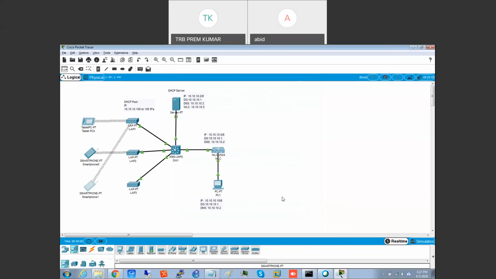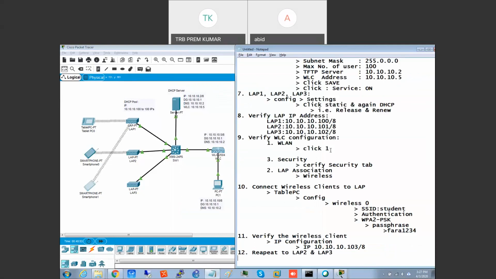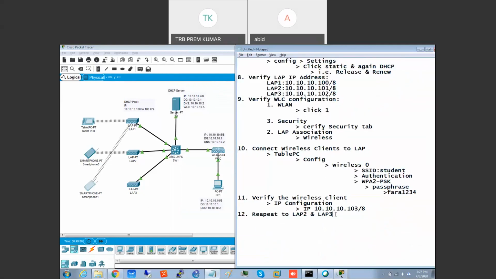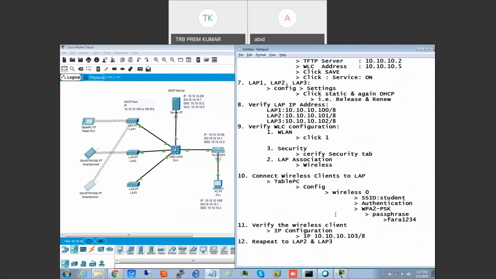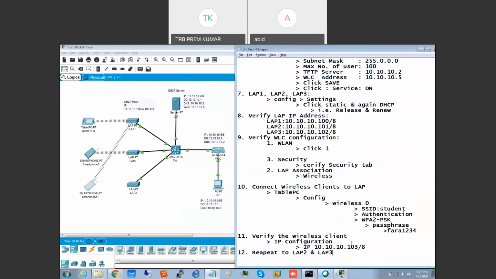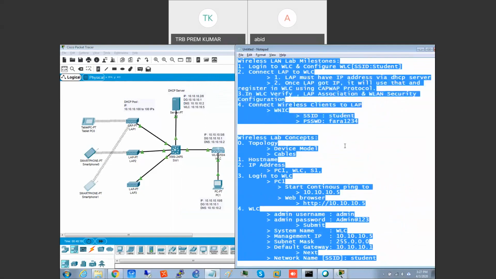Are you able to understand the wireless lab a bit? Now the important thing is, I want you to practice. We have Saturday and Sunday. Please go through the theory as well. If you don't understand, save the lab and send it to me. If it's not working, we'll open it and troubleshoot.